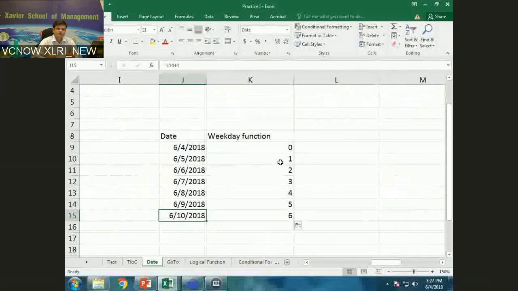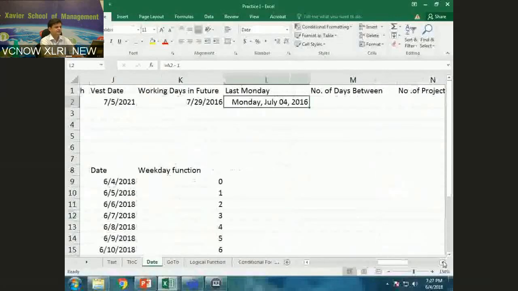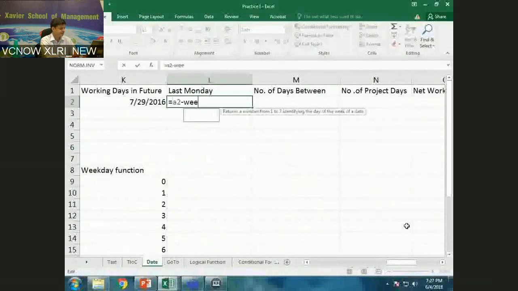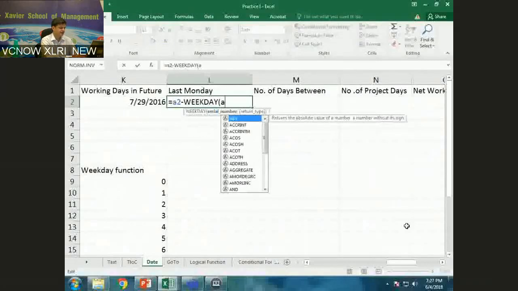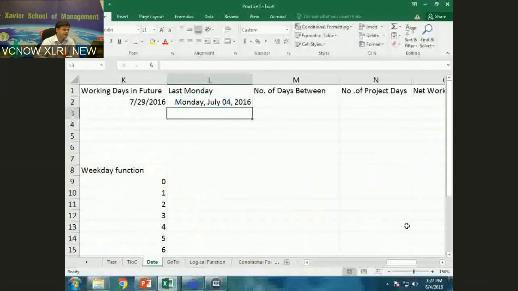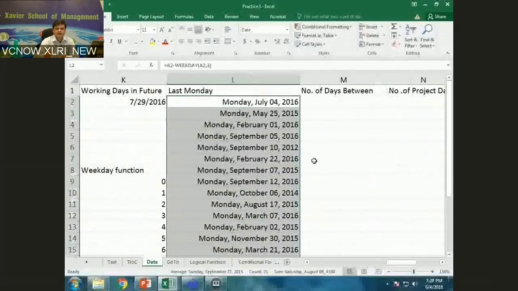Now I can use this logic and get to this result. So what I'm going to do is simply say A2 minus WEEKDAY(A2, 3). Then if you just simply drag and drop, you'll see all your dates are Mondays. So this is the first day of the week, the Monday of the week of the date in the corresponding column. Now tell me if you're fine or if you